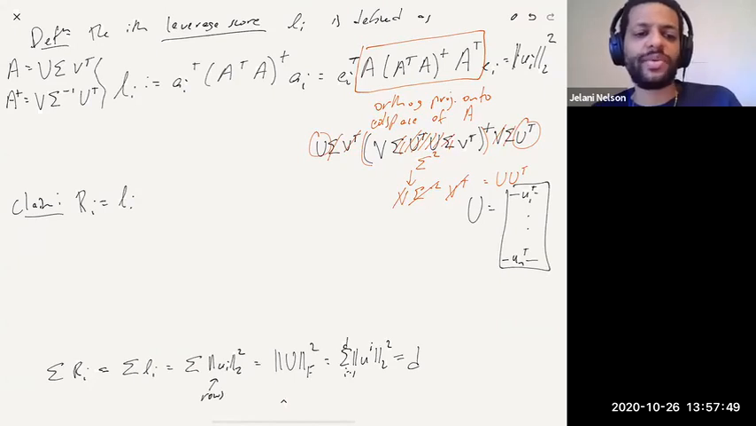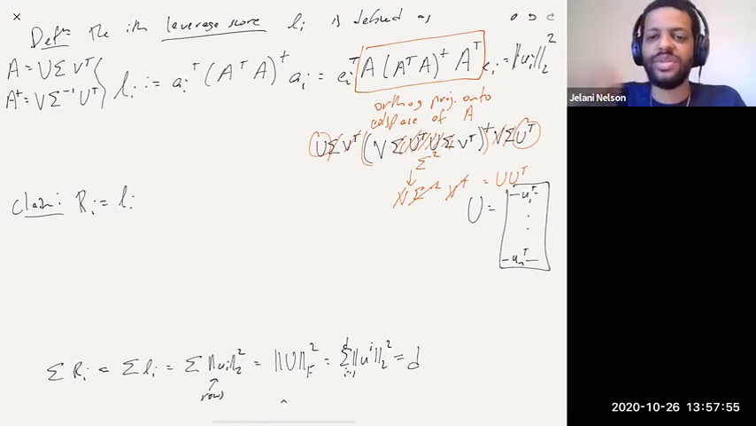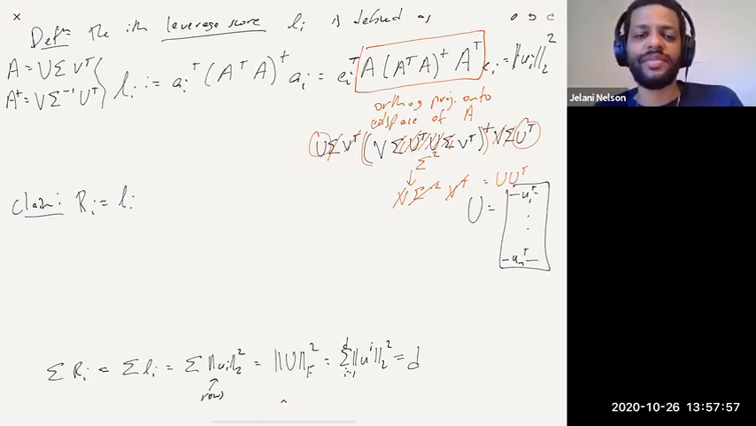The proof that Ri equals Li is again just a change of basis thing. I'll just put it in the notes. It's not anything too important for this lecture, so I'll punt it to the notes. But kind of the miracle is the theorem,